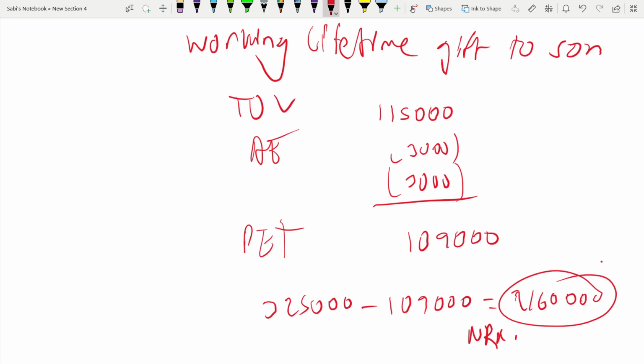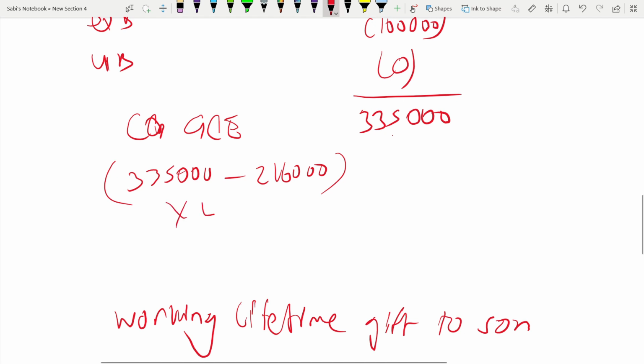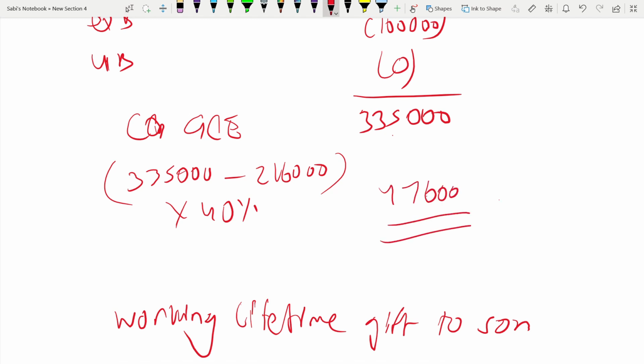So now, how much was the gross chargeable estate? 335,000. Now deduct the NRB, nil rate band. I always keep on saying residence. Nil rate band is now 216,000 because of that lifetime gift you have made to the son. Into what rate? You have not made anything to charity or anything, so death tax is 40% IHT. So 47,600. This is your amount of IHT chargeable on the